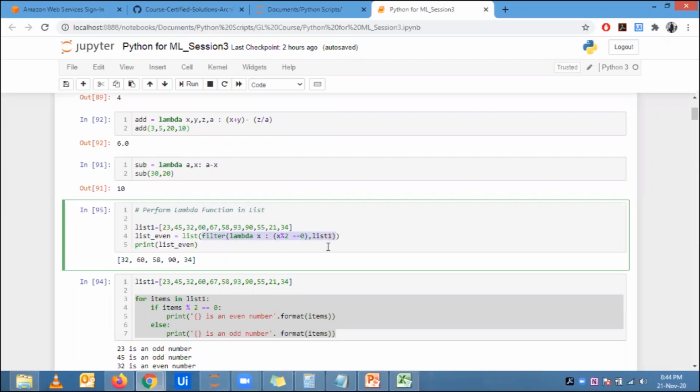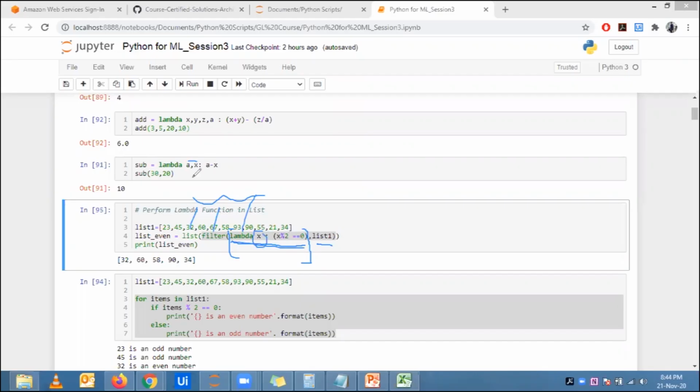Your filter function takes first the mathematical operation, the input, and then takes the destination from where it has to pick the values. So actually the lambda function is from here to here. It is a combination of 3 methods: lambda, filter and list, all 3 combined together in one single line. So my lambda is here to here. It is taking x colon the operation. Similarly, it took x colon x modulus 2 equal to 0. But now this is lambda done.